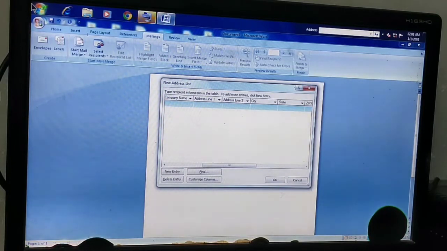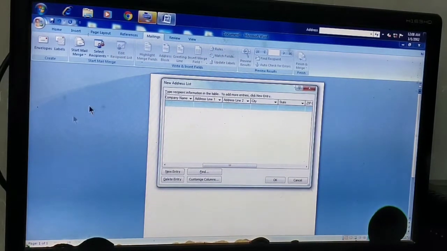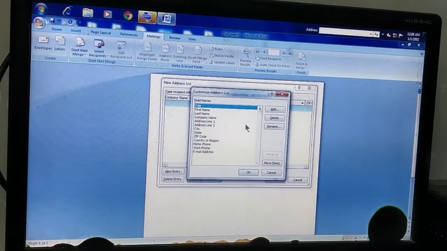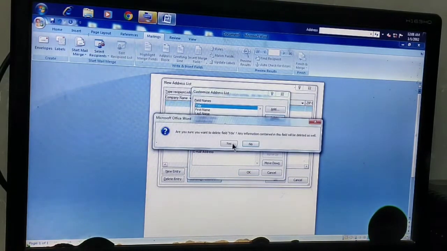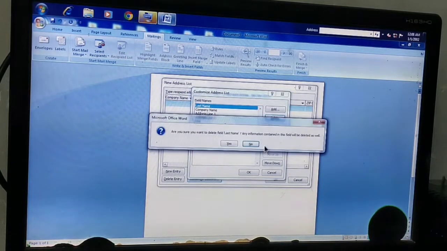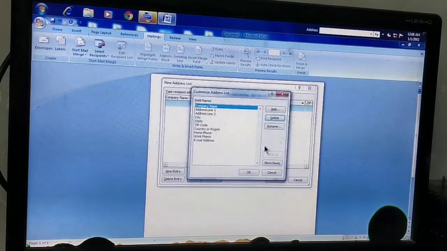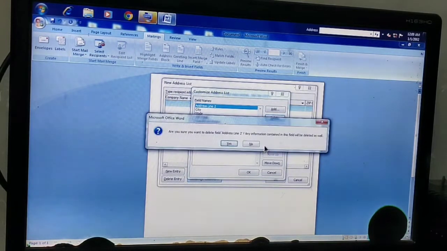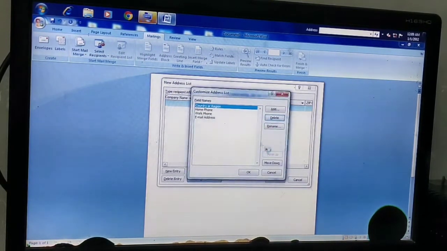For this I need to click on Customize Columns, and from here I have to click the Delete option. Yes, delete. Yes. Using the keyboard we can delete it fast: select the field, press Delete, press Enter, then press the Tab key and again press Enter. So in this way I can delete it fast.